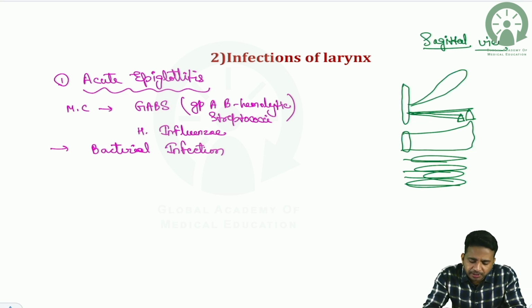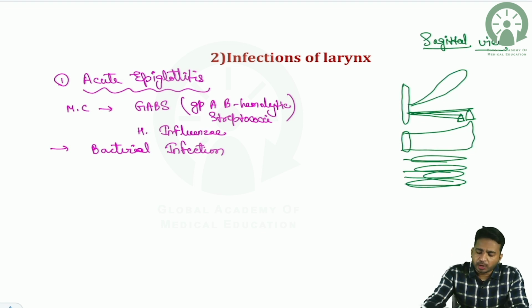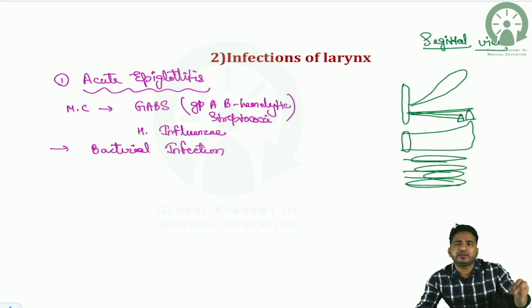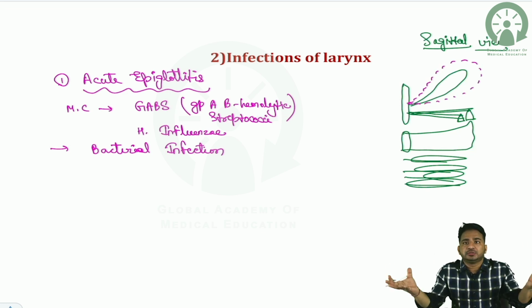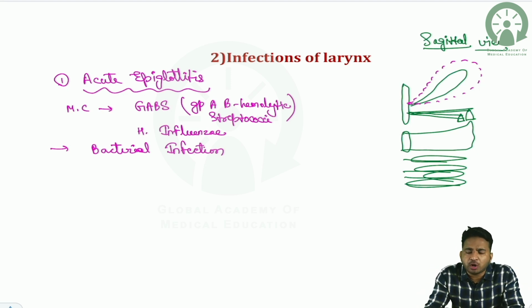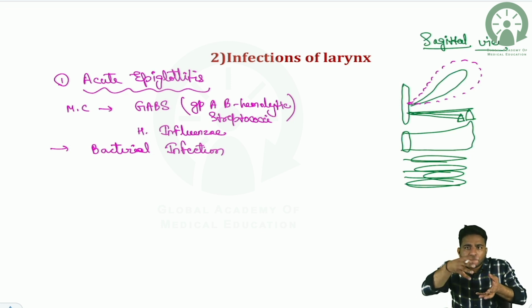Now, what is happening in acute epiglottitis? Because of the bacterial infection, the supraglottic part is involved. Name says epiglottis, but generally the inflammation is involving the supraglottic part. So this epiglottis will get swollen up, bulge, edematous, along with the bulging of the false vocal cord and aryepiglottic folds. Because of this inflammation, the laryngeal inlet, supraglottic part will be edematous, leading to blockage of